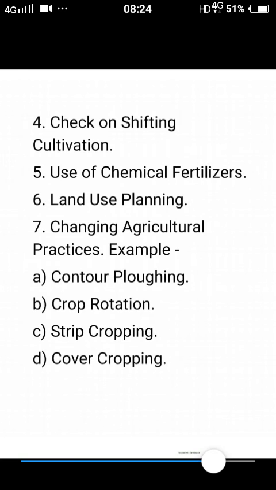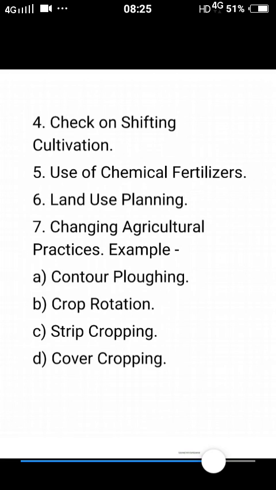Changing agricultural practices. There are many processes of changing agricultural practices. Examples are contour plowing, generally in hilly areas where the slopes are not very gentle or equal. It involves plowing the land along the contours or across the slope of the land. It helps in checking the flow of water and can reduce runoff so that the plants can get more water. Terracing and contour bunding are just like contour plowing, seen as a step structure, a stair structure.